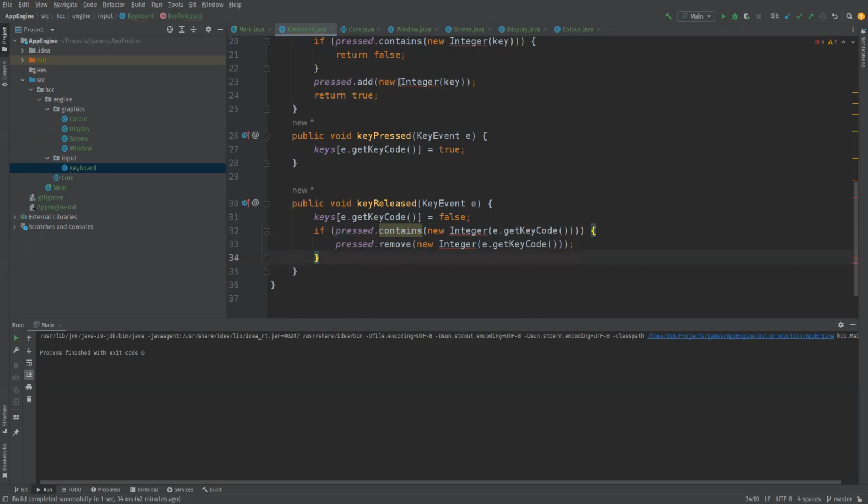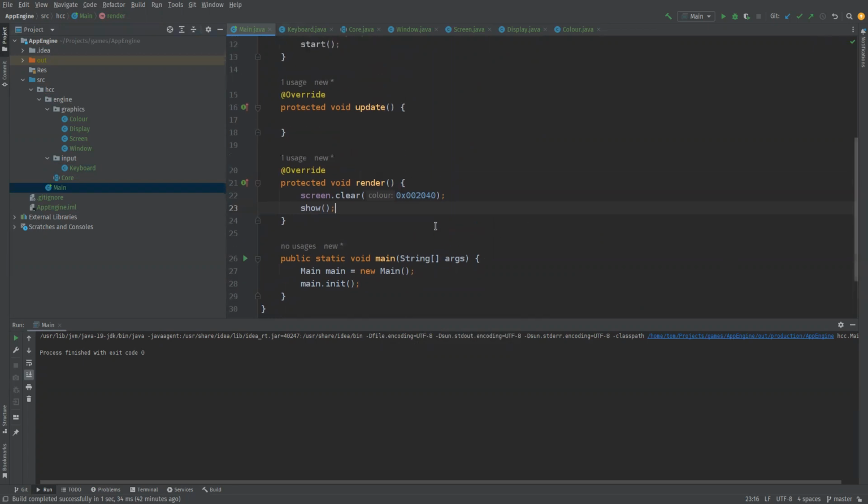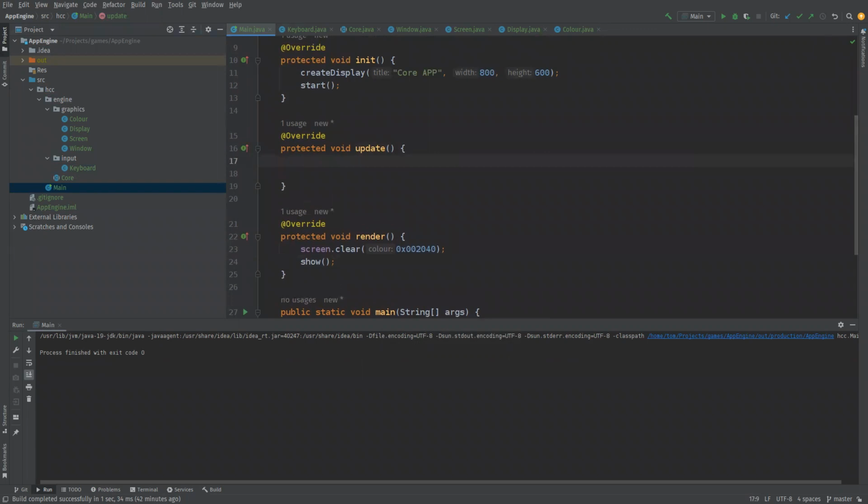Yeah, let's try that just for the hell of it. So let's go directly into our main. Realistically, when you're doing this fully, it will be a bit more usable. So where's our update? Oh, in the update, we'll check key stuff. Yeah. So we'll say if